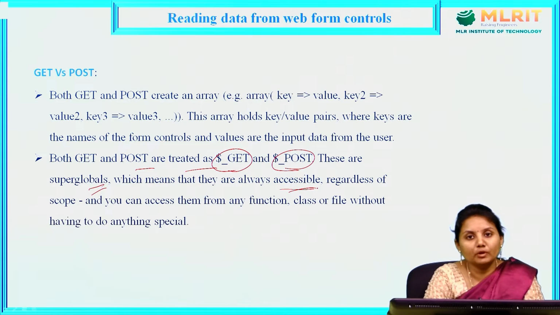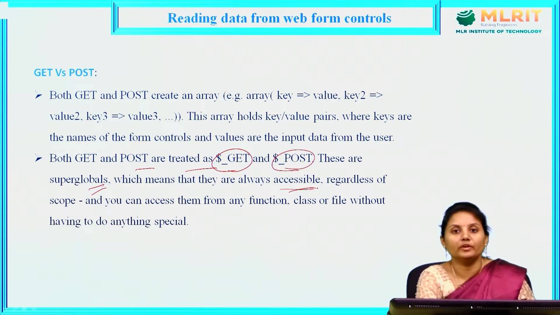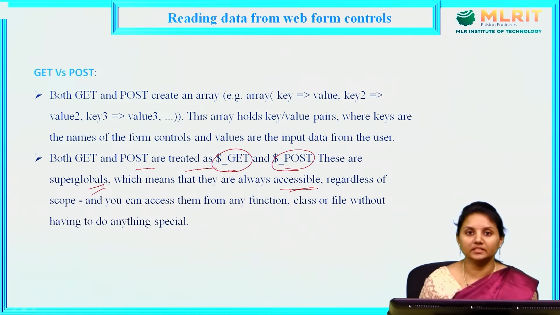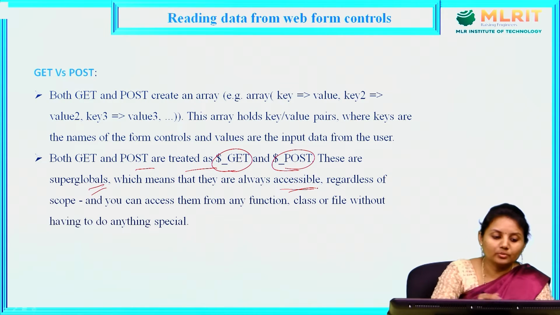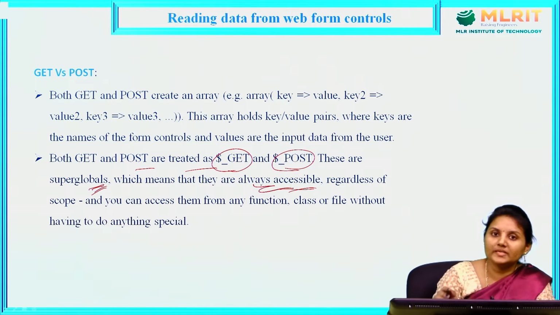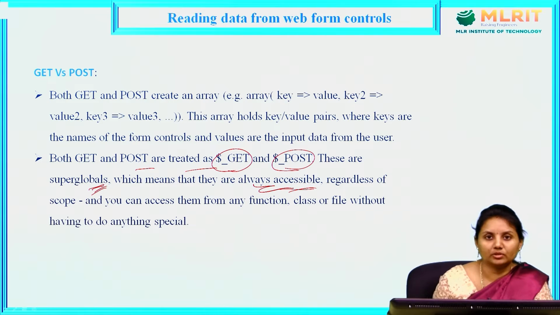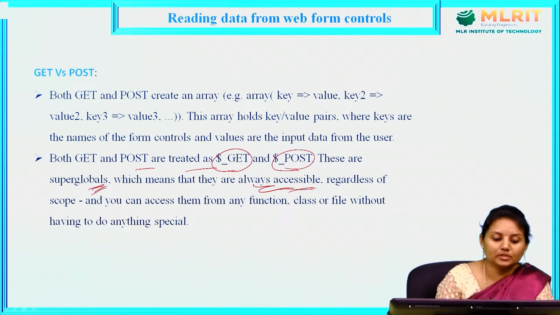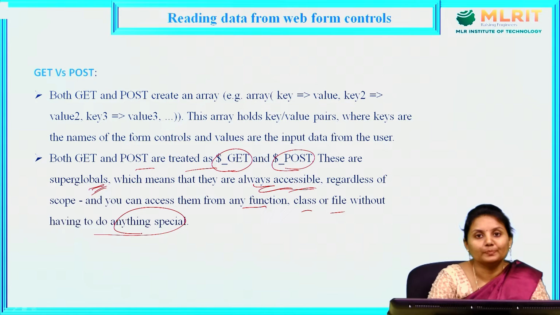So when you give the global keyword, what happens? Even though it is given inside the function, you can access it outside the function. So in that way, super global get and post will act as a super global, which means that they are always accessible inside a function or outside the function, regardless of the scope. So you can access them from any function, class or a file without having to do anything special,